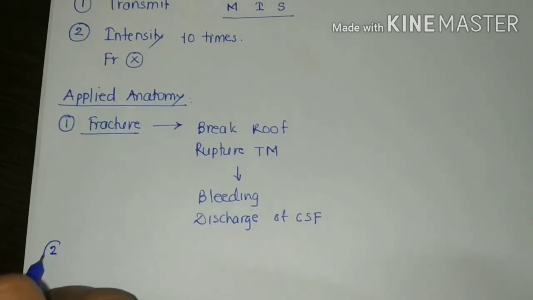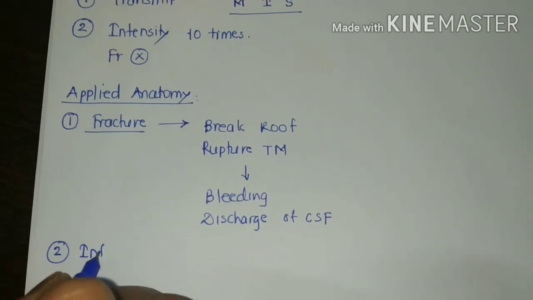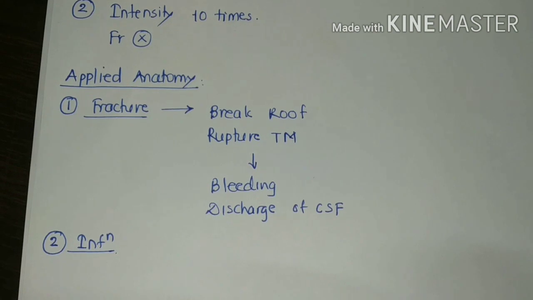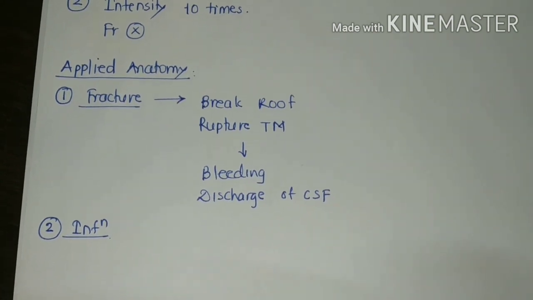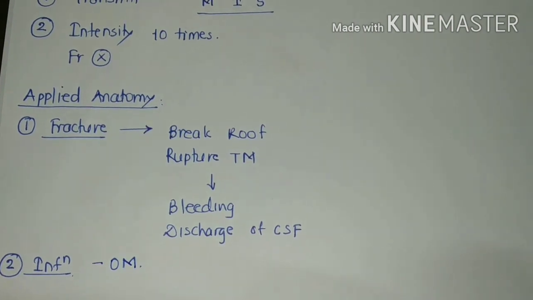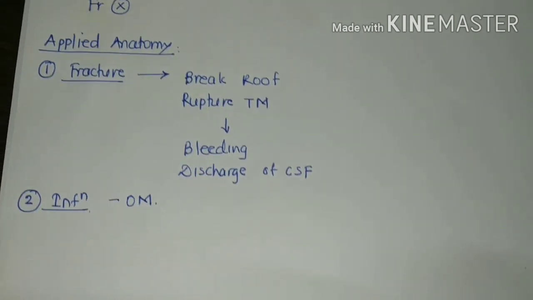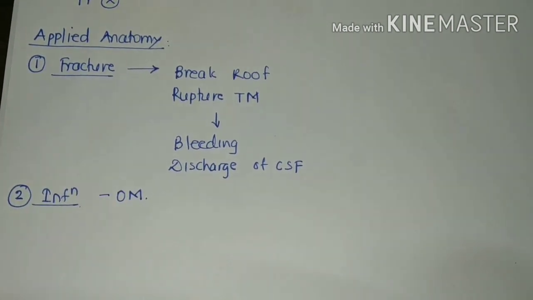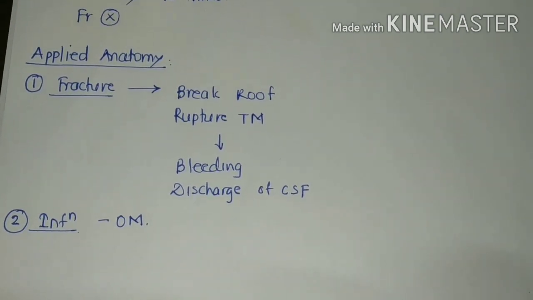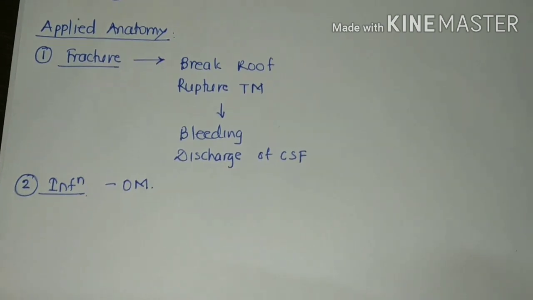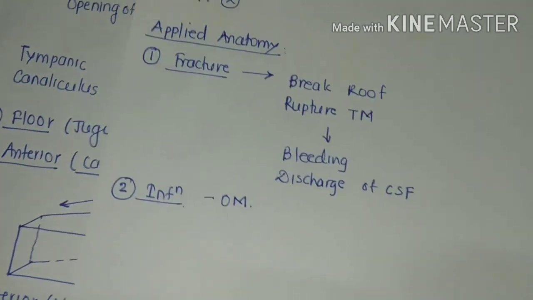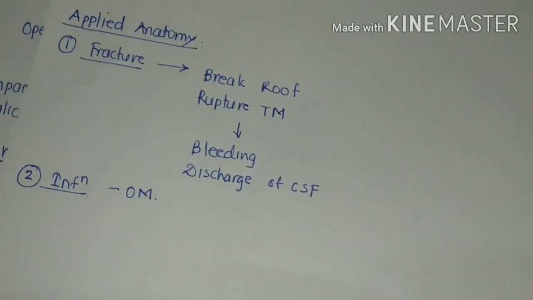Then second point which we are going to see is the infection. Now the throat infection, they are commonly spread to middle ear through auditory tube and cause the otitis media. We know that auditory tube, it is connecting the middle ear cavity with the nasopharynx and therefore the infection spreads through it. Now once there is the pus in the middle ear, it may go to any direction. So for this we will go to our previous diagrams which we have already seen.